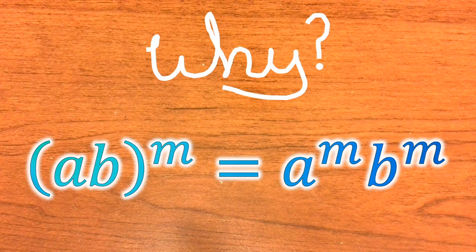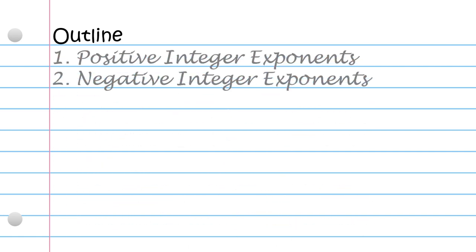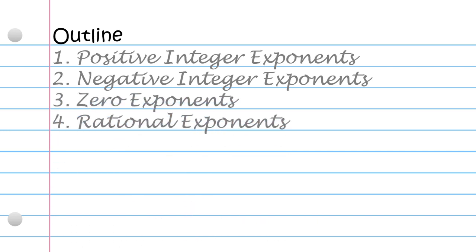In this video, I want to explain why this property is true when the variables are real and all the expressions to calculate the values on the left and right hand side are real. First, I want to explain this for the case of positive integer exponents, or counting number exponents, negative integer exponents. Zero is neither positive nor negative, so then we talk about zero exponents, and then rational exponents, and then irrational